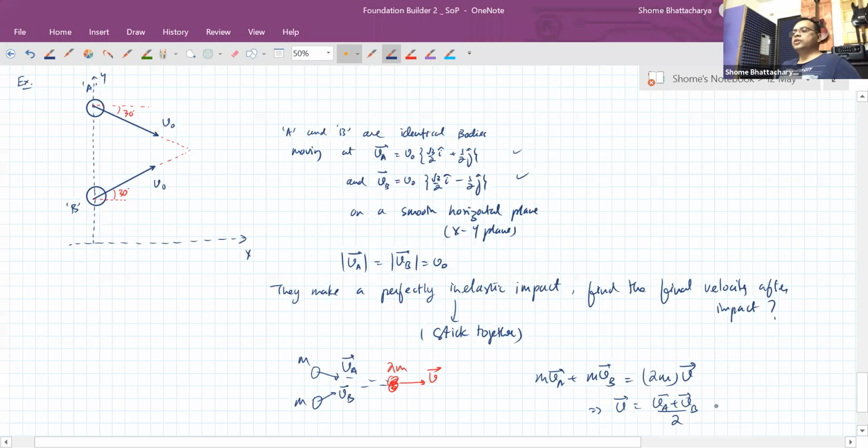You can do it by component algebra, or you can do it by a geometrical approach also. If you do it by component algebra, you can see that it will become root 3 by 2 v naught i cap. Or if you use geometry, you can see that